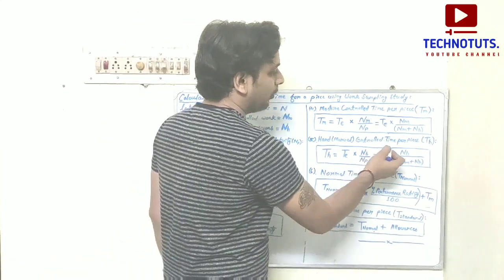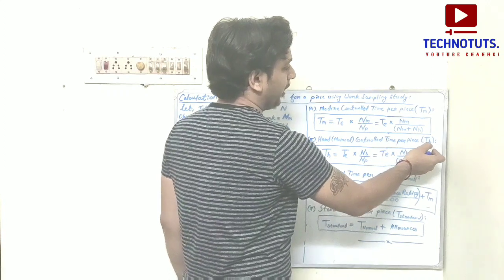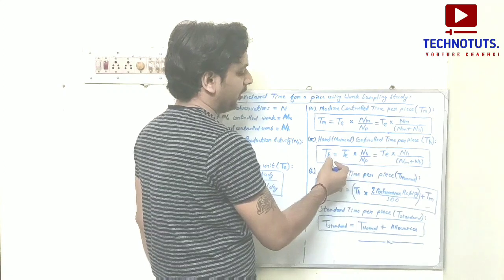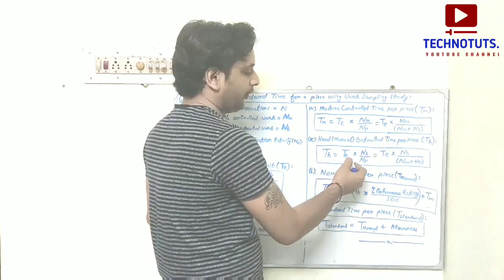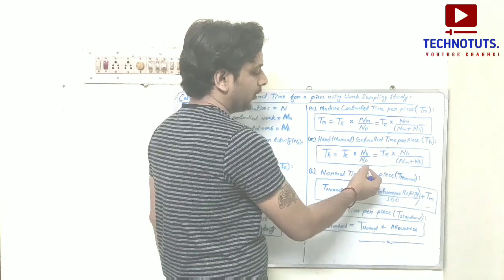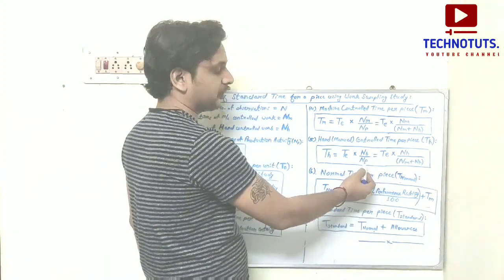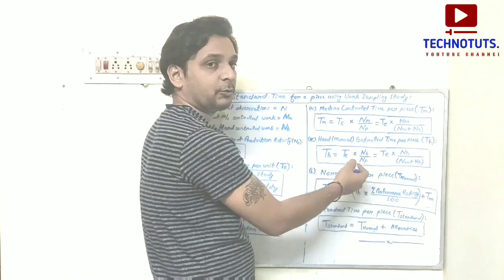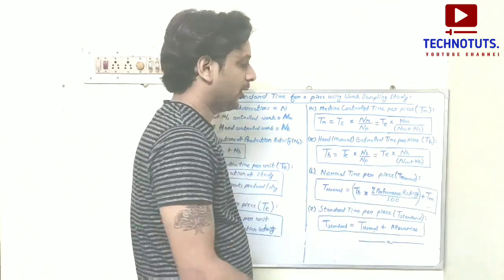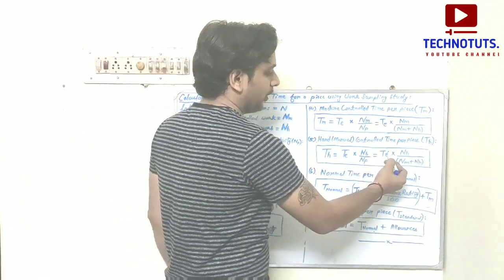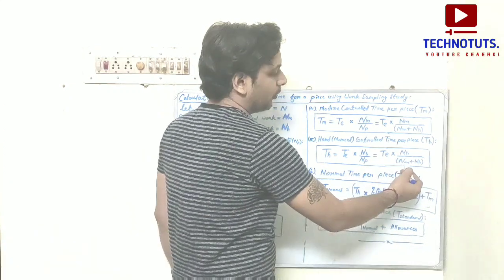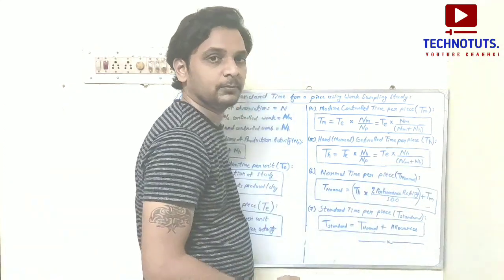Hand or manual control time per piece is denoted by TH. So TH, hand or manual control time per piece, TH is equal to TE, effective time per piece into hand control work divided by number of observations of production activity, or number of observations of production activity is the summation of hand control work and machine control work. So it will become TH is equal to effective time TE into hand control work divided by machine control work plus hand control work.